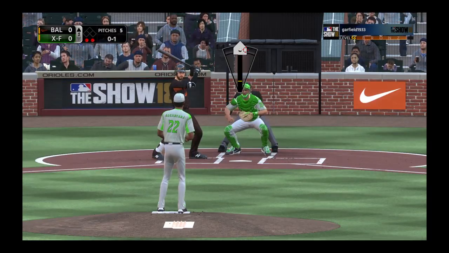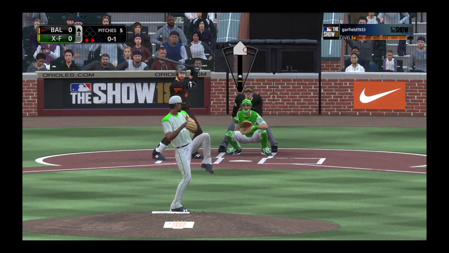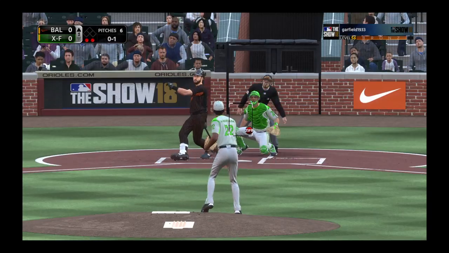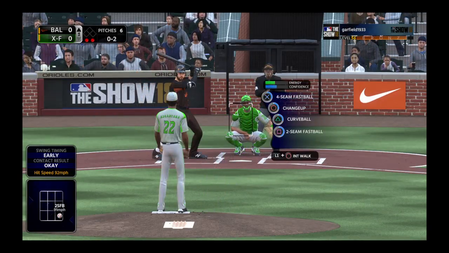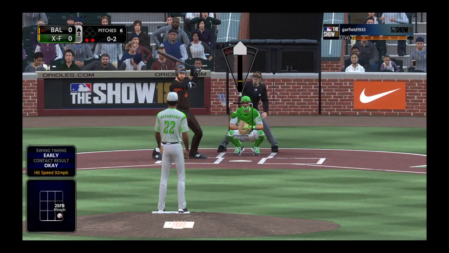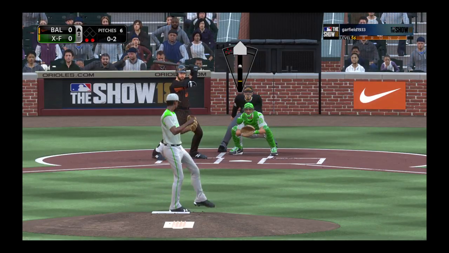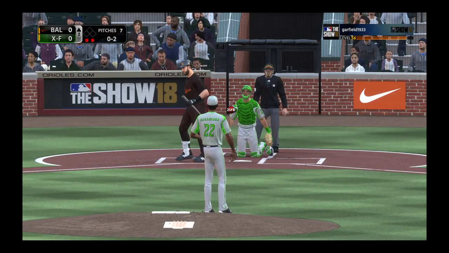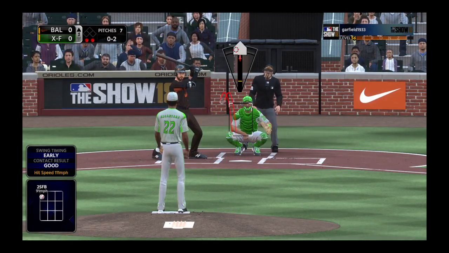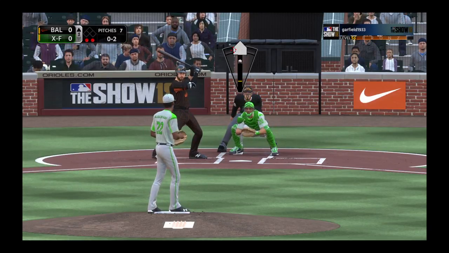0-1. There's a swing and a high deep drive headed for the right field corner, and that's going to wind up hooking just a bit foul, so a missed opportunity there. Another one sent foul. The 0-2 once more